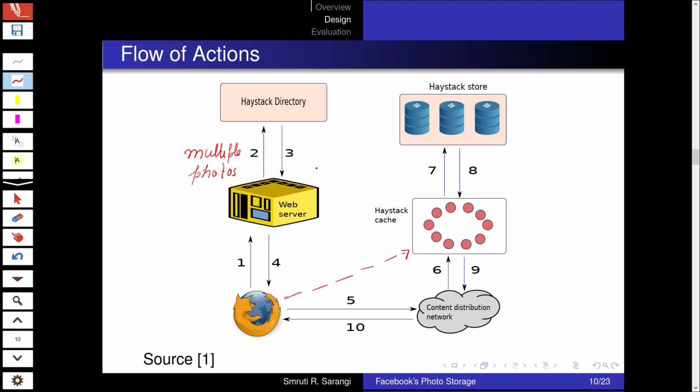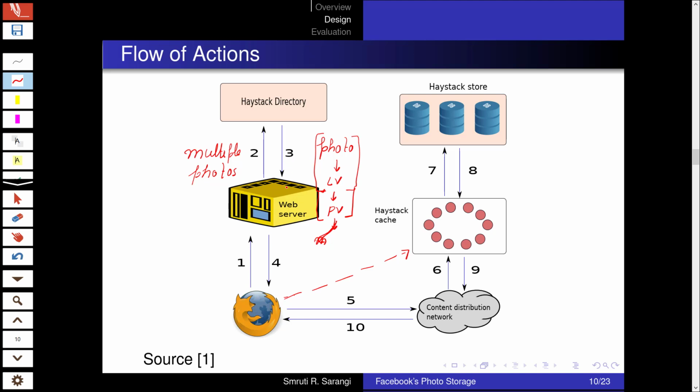And second, given a photo, it does the mapping photo to logical volume to physical volume to physically where the machine is. This would be done with the Haystack directory, not the Haystack cache. So these three things will get returned to the user.